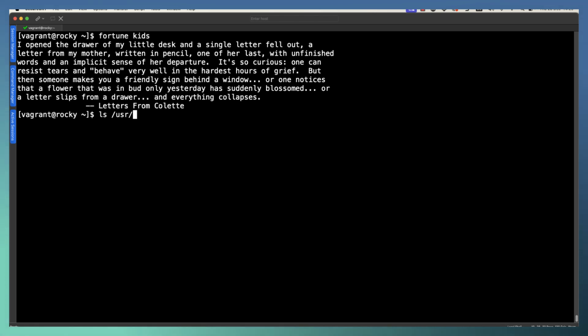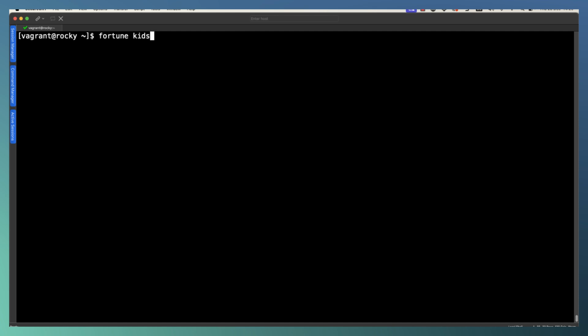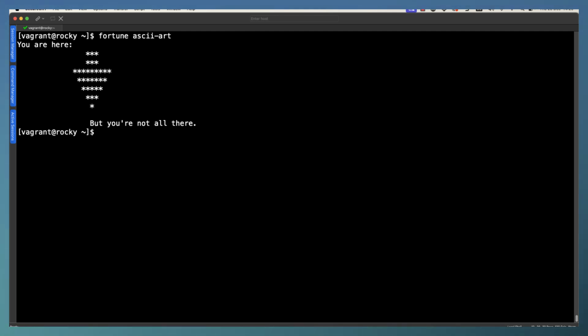If I look inside of the /usr/share/games/fortunes subdirectory, we're going to find all of these files. The .dat file represents the compiled database that we interrogate, and then the source file is shown in the file without the suffix. So when we look at ASCII art, we've got ascii-art and ascii-art.dat. It's the ascii-art that is the source file. The .dat is the file that we query when we reference that cookie file.